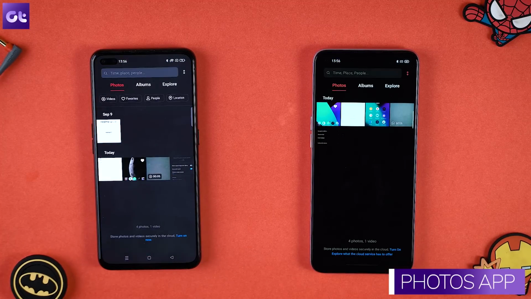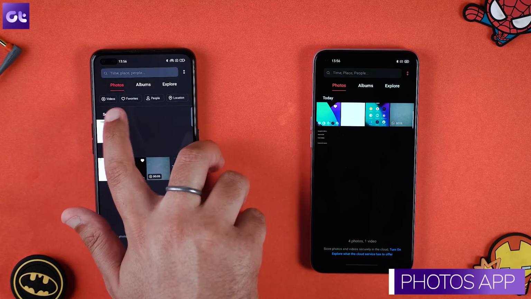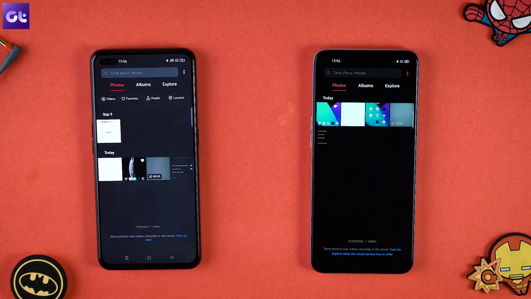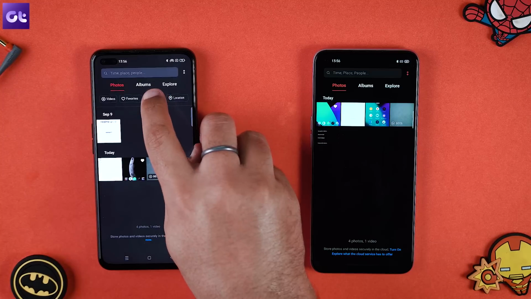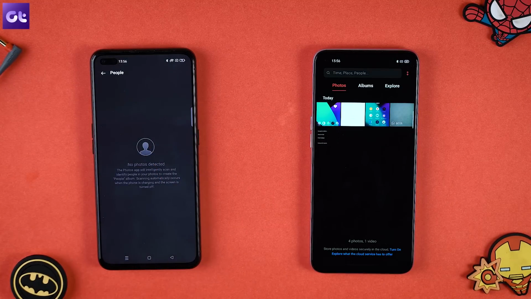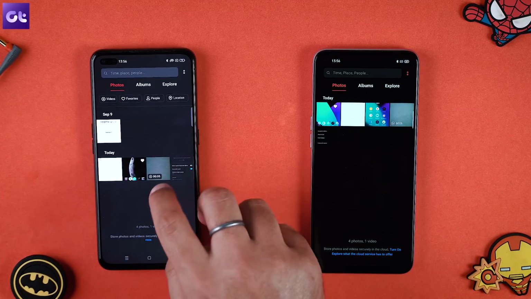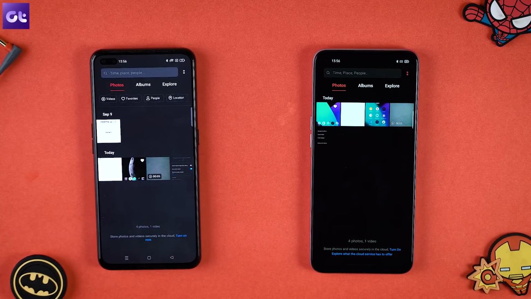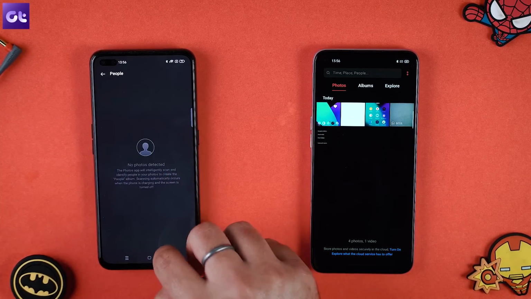Another small change that we see is in the default Photos app. So if you open the Photos app here, you can see this little tab here that shows you different tags and AI identification of your favorite photos, people, and location. I think people is my favorite tab because obviously right now I don't have photos here, but what it does is that it intelligently recognizes photos that contain people, such as like Google Photos does, and it'll show you all of those photos here. So you don't have to go through your entire gallery to see different screenshots and everything. You can just access all of them right here.